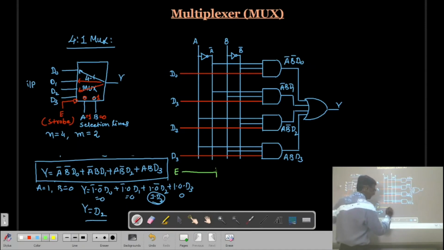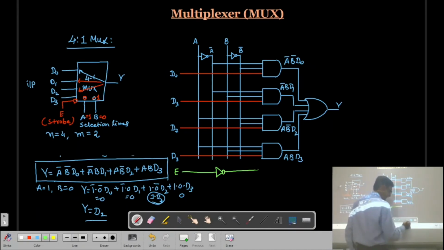In this enable pin, here we can put a NOT gate because it is active low, and the output of this NOT gate will be connected to all these gates in this way.